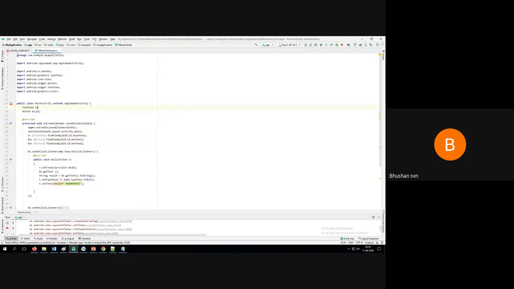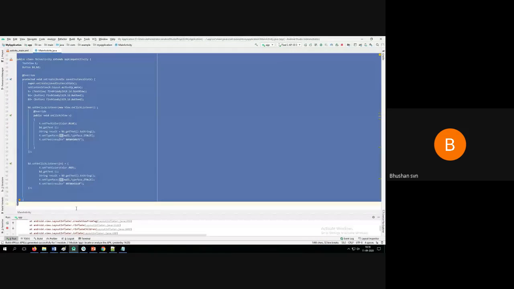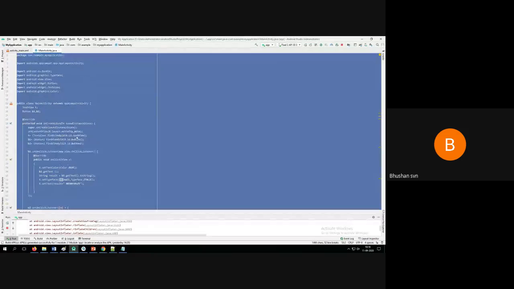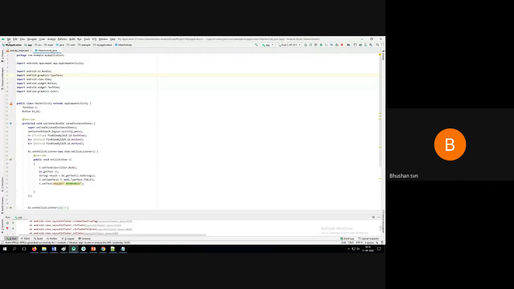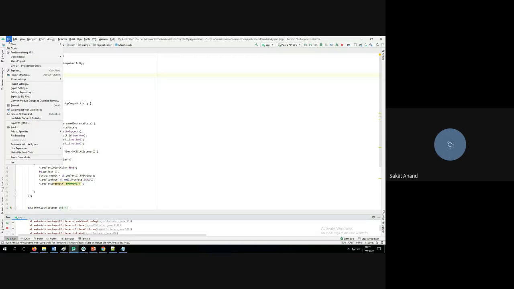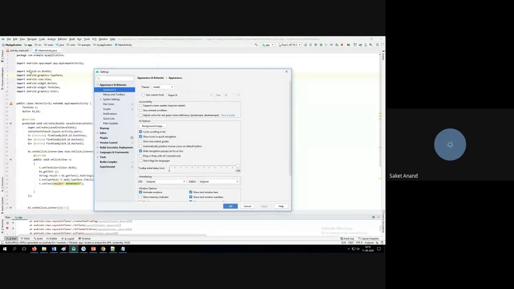Okay, but I would like to showcase with the bigger font here. Sir, go to Files, sir. Files, Preferences. File, Files Settings. Fifth option, sir. Editor.